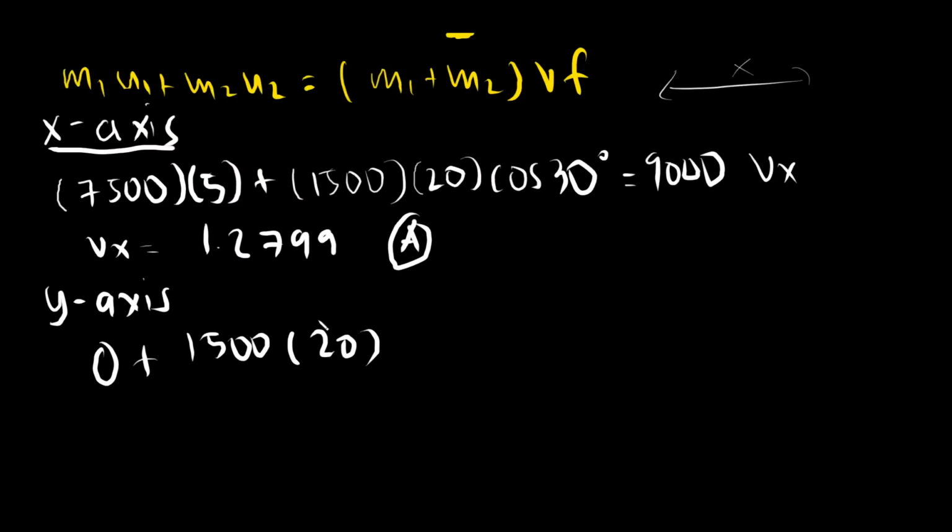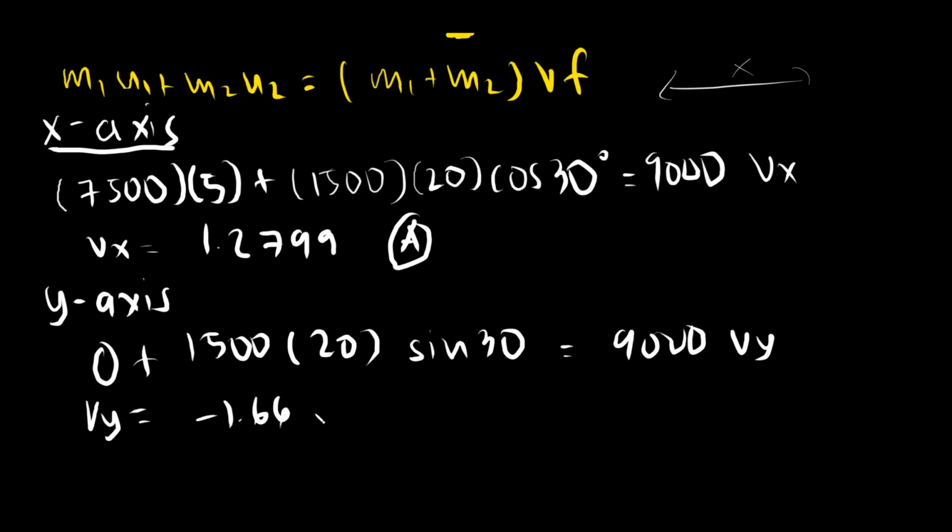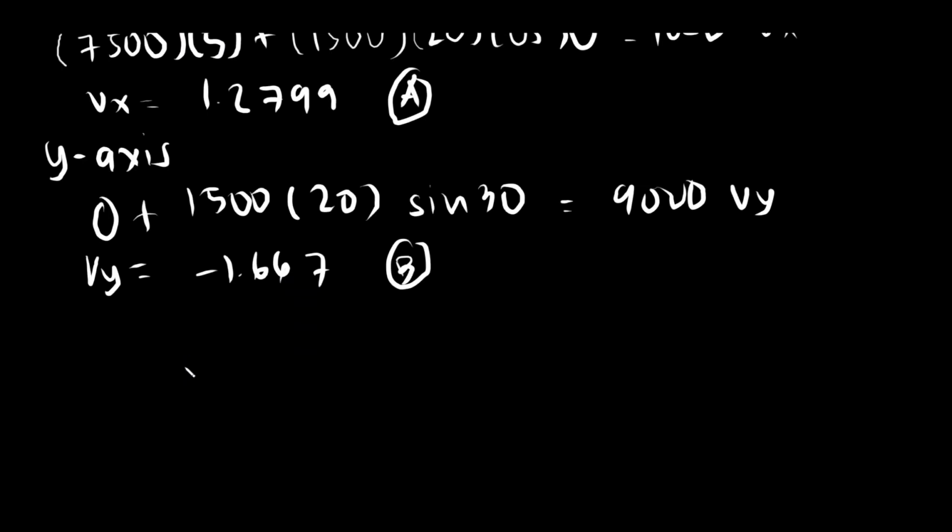Okay? Para sa y component lang. So wait. Sin 30 is equal to 9,000 Vy. So, ang y component sa imong final velocity is negative 1.667, or shift store B. So, to get the final velocity, ang magnitude sa imong final velocity,